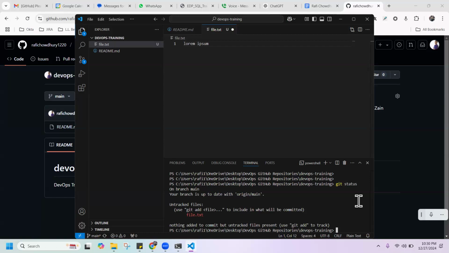There are three steps to push your local file into the GitHub repository. First of all, you have to add it, then you have to commit it, and in the last step, you have to push it. So first, we have to add this file into the repository. Write the command git